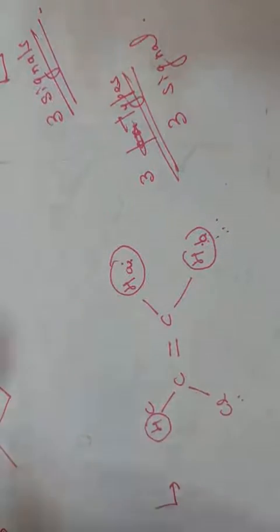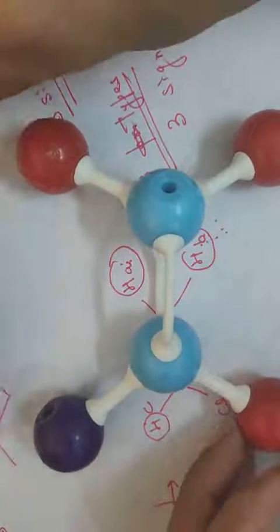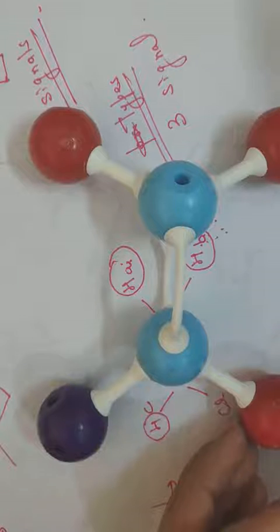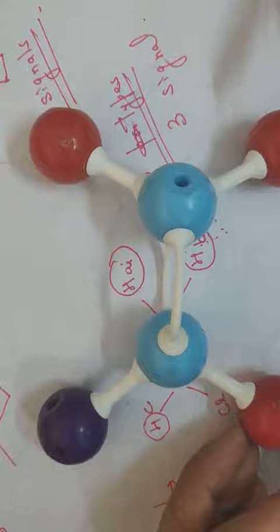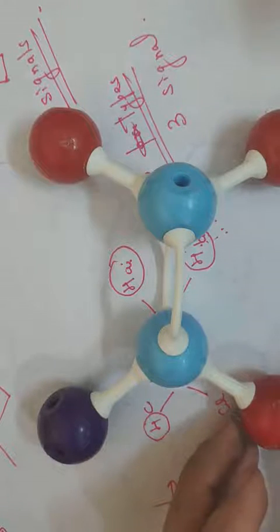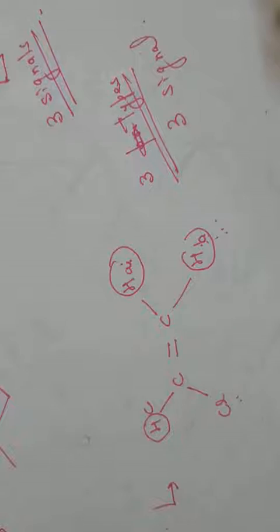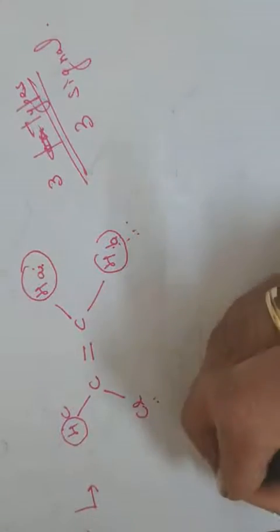Or you can do it with the help of the symmetry method. Since the plane of symmetry is passing from the center, it will cut everything into 2 equal halves. So all the protons will be bisected by the plane of symmetry. Since these are bisected by the plane of symmetry, it means these protons will be diastereotopic protons. Now the next example.